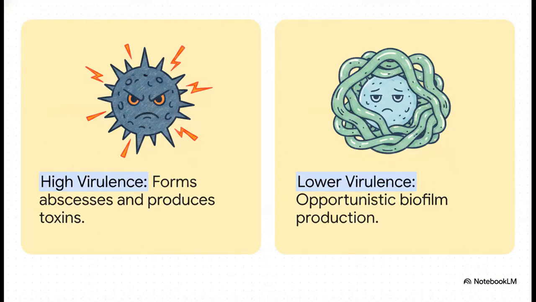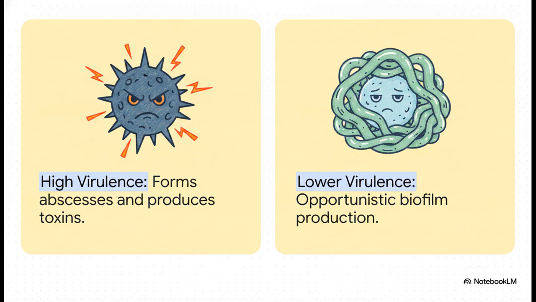Moving fast into Section 2, weapons and virulence factors. So S. aureus and CoNS have entirely different survival strategies. It's like they're playing two different sports. S. aureus has incredibly high virulence. It's heavily armed. It basically kicks the front door down, forces its way in, forms these destructive abscesses, and releases potent exotoxins that cause massive tissue damage. CoNS, on the flip side, has much lower virulence. It's not kicking down any doors. Instead, it's a total opportunist. It waits patiently for us to breach the body's defenses, and then it relies on this incredibly sneaky, sticky survival strategy,